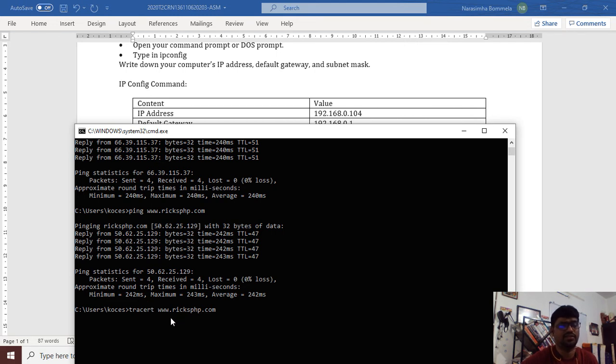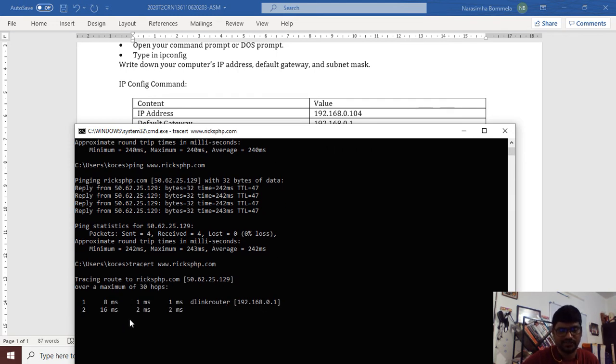For example, if the route doesn't work properly, we can identify from which location the IP address traveled successfully, and where it is getting stopped or diverted, where the connection is lost. It can be understood by using this tracert command.